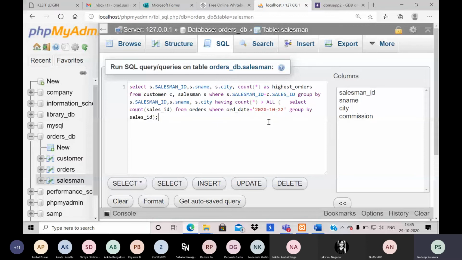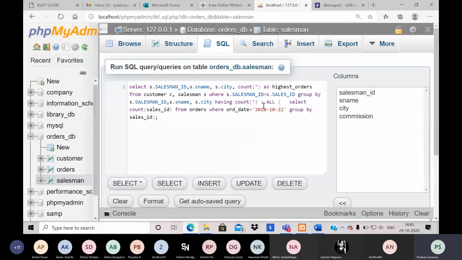Correct. So what I did earlier was, from this particular day I would take the maximum value and compare it with the count of those particular records and try to display the salesman and the details of salesmen. That was absolutely working fine, but now since this maximum and count are not working together, right? So when they are not working,